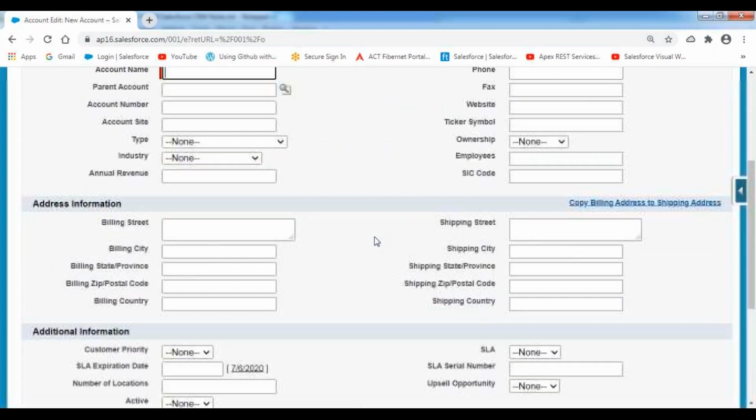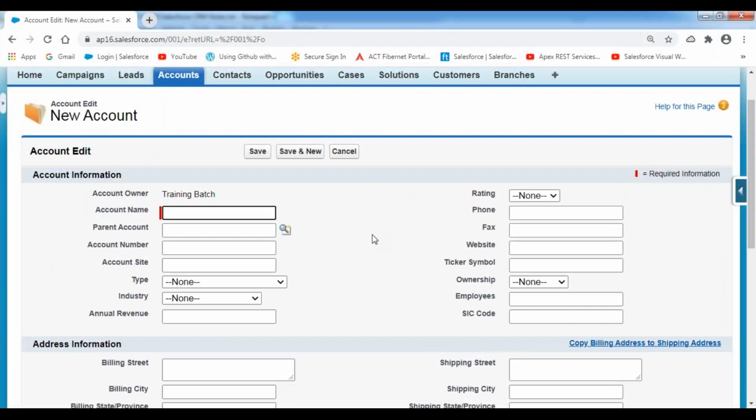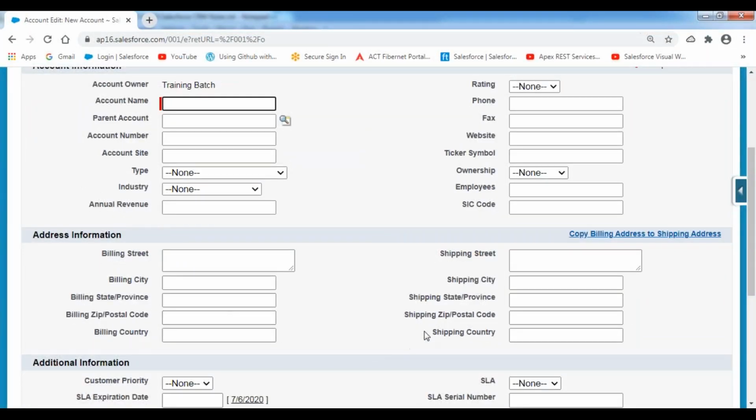Now tell me, to create a single new record, I need to enter the data in all these 500 fields. How much time will it take to enter the data in 500 text boxes? Minimum 1 hour. For example, I spent 1 hour and entered the data in all the 500 text boxes.